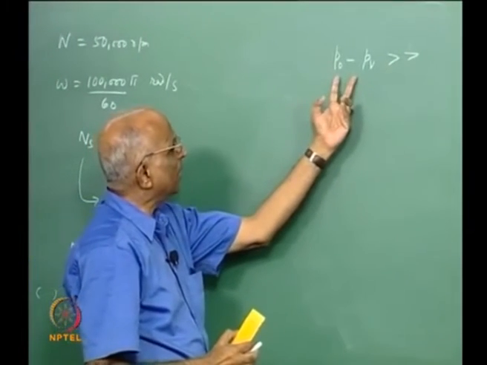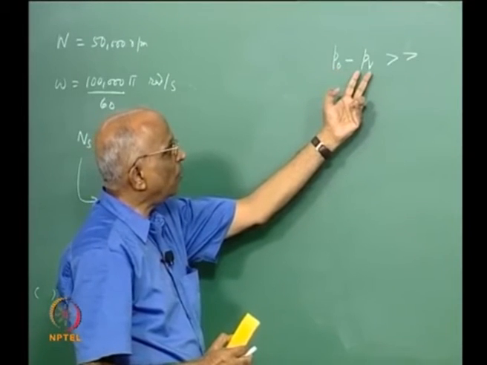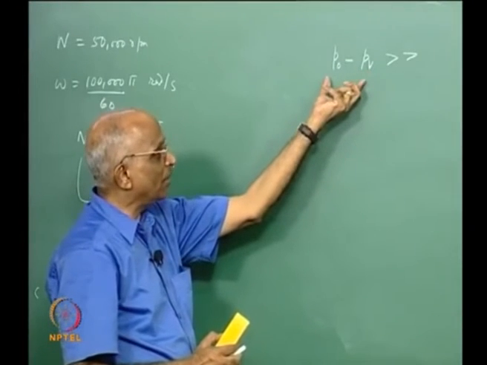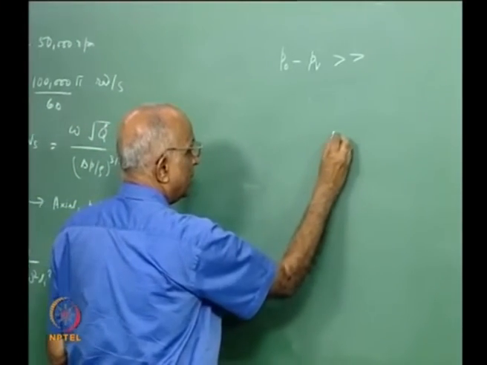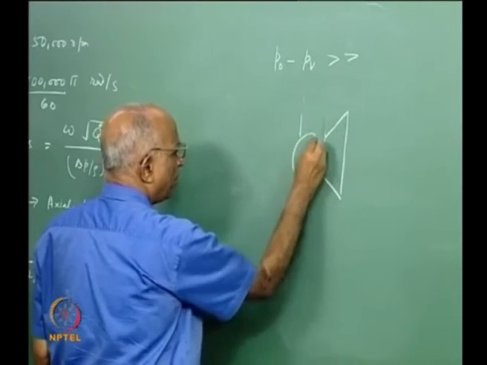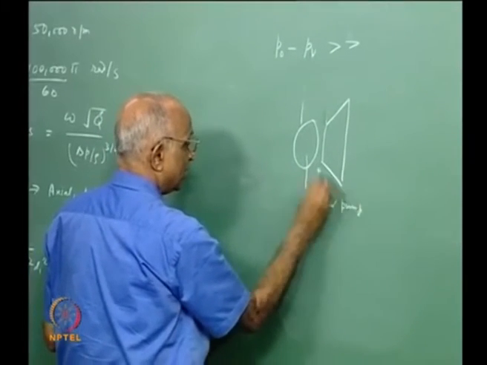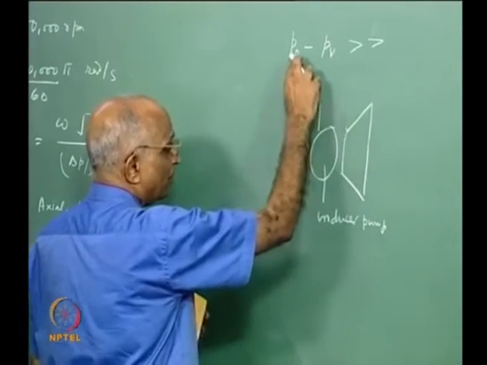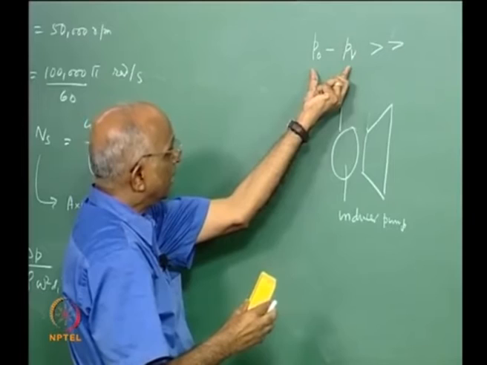How can you make this? Either the tank pressure must be increased, or else if I can subcool my liquid, if I cool my liquid, the vapor pressure comes down, I can still get a larger number. Or the third thing is, before the pump, that means I have a pump like this, I supply it. Before the pump I put another pump which I call an inducer pump, such that when the main pump is rotating at very high speed, I get a higher value of P naught. That means I can improve the net positive suction head